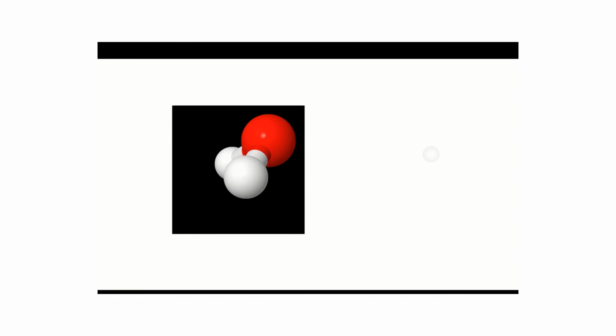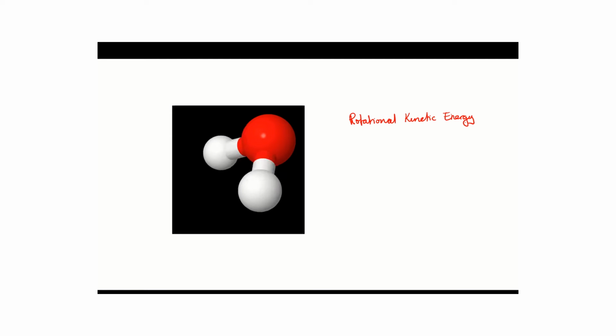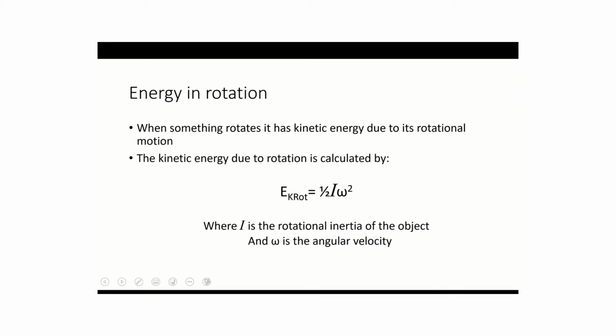This particular example has rotational kinetic energy, because it normally stays in one place and it's rotating, and that's where it gets its kinetic energy from, because it's moving. So if we look at rotational kinetic energy, it is the kinetic energy due to its rotation. It is given by